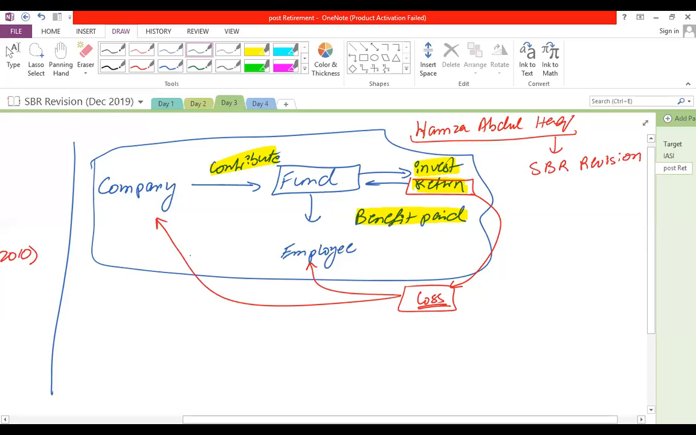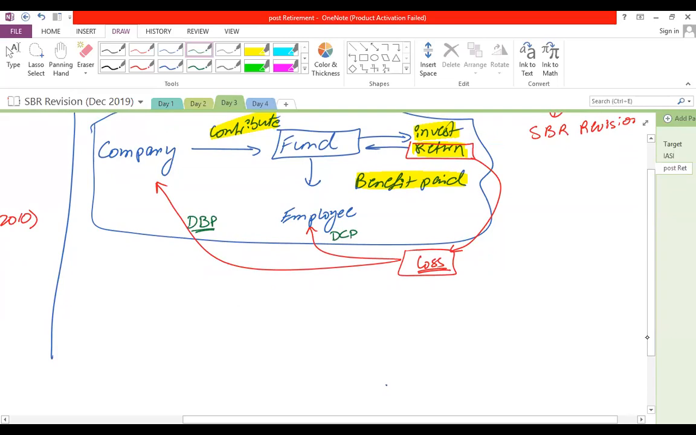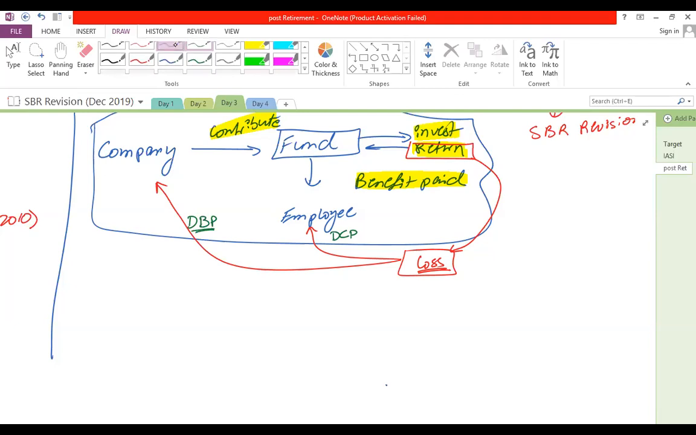If the company bears the loss, this is called a defined benefit plan. And if the employee bears the loss, this is called a defined contribution plan. So we can say that in case of a defined contribution plan, the risk belongs to the employee. So the company is only liable